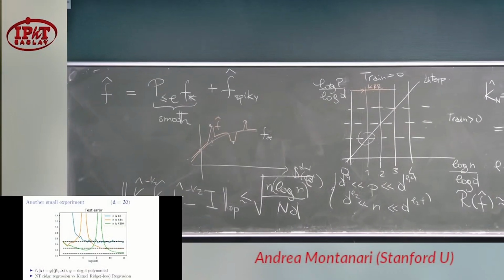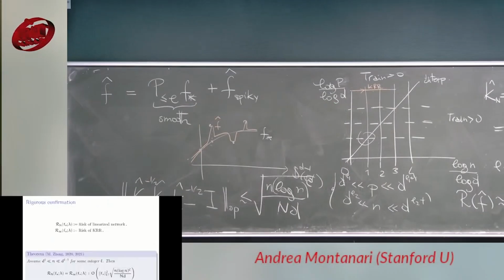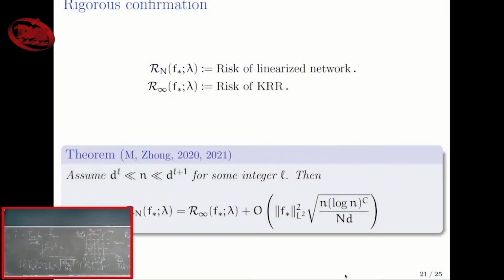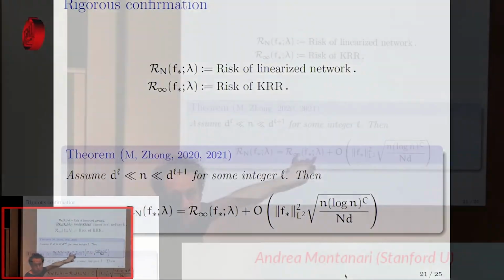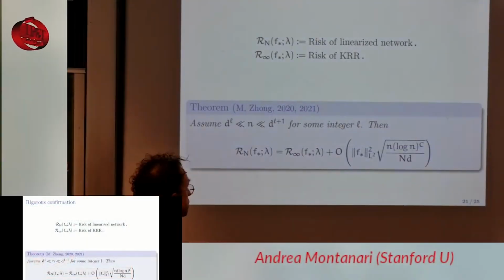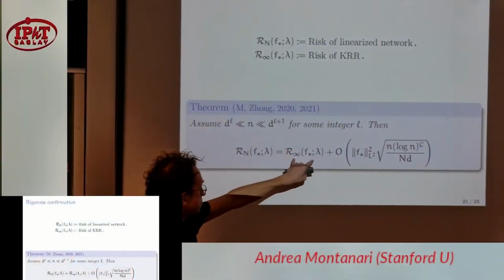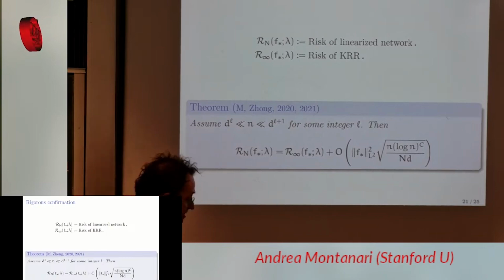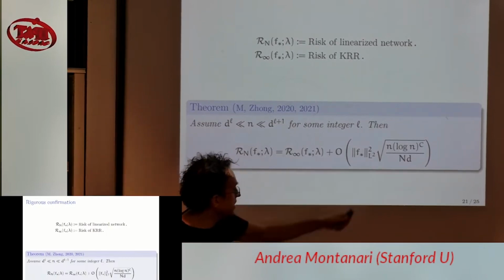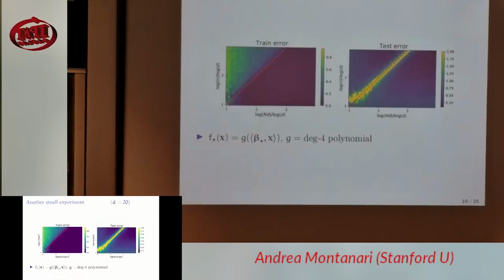Interestingly, that's not all. The other thing that I mentioned is that not only is the kernel approximated by the infinite width kernel at that point, but also the risk is approximated by the infinite width one. So understanding this boils down to understanding kernel ridge regression, which is the first thing that I described. And these are just simulations that show how this happens. This is exactly this plane that I'm drawing here.